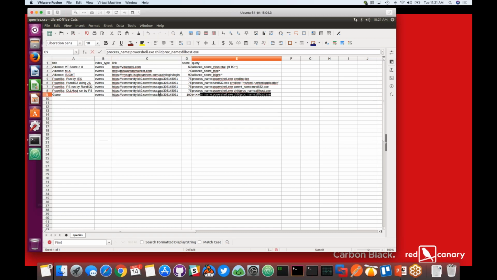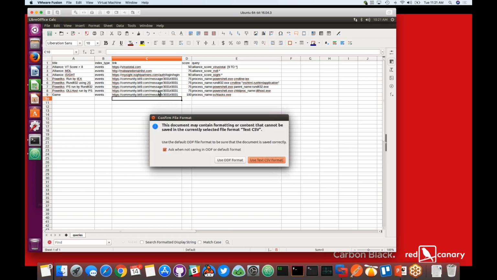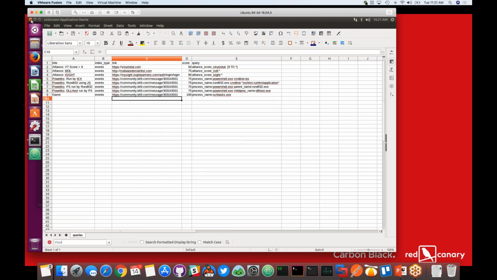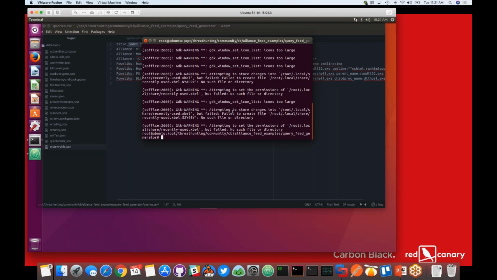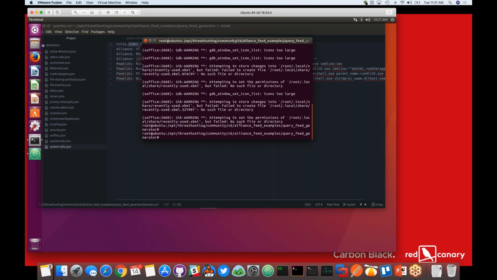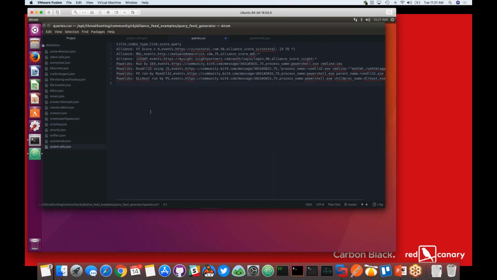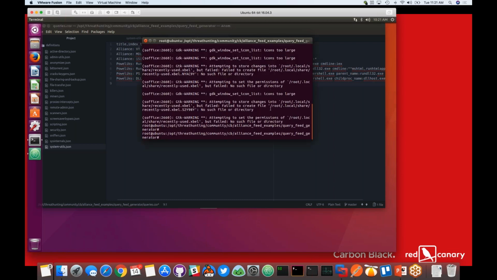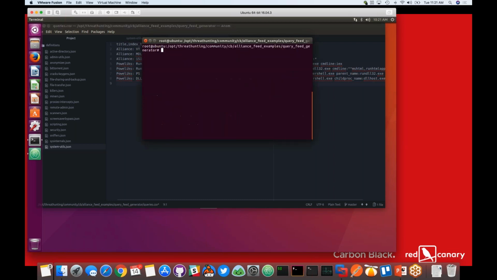This is 100% because really what I'm going to look for is, I don't know, let's look for scheduled tasks. That's it. I'm just going to save it. So that's it. It's one of the fastest ways you can get a lot of watch lists out to a lot of your environments. It's a really powerful tool, and I don't think a whole lot of people know about it, but it's very nice to have around.